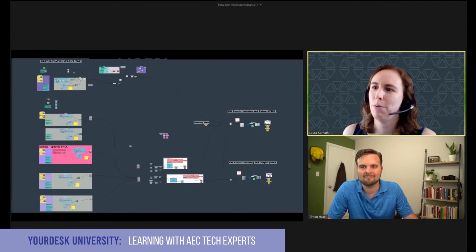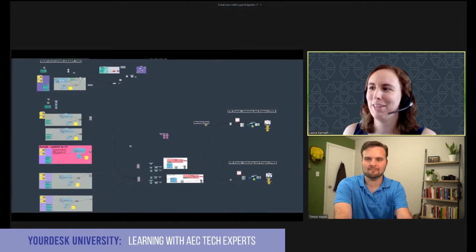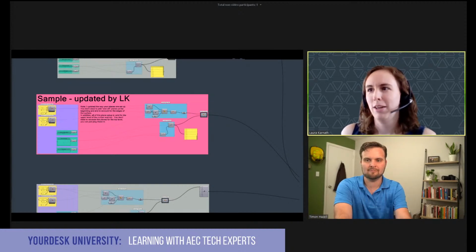It's okay to reuse the same components a bunch of times. But what I did here is I went in and I adjusted one of them and I made it pink. So as soon as she opens it, she's going to see, oh, Laura left me a note. It's pink. And I zoom in on it and I've made a couple of little modifications just in this one sample. And I told her what I did and why I did it, and how she might modify the rest of her definition to make it a little bit better. So the scribble tool is one of my favorite things.